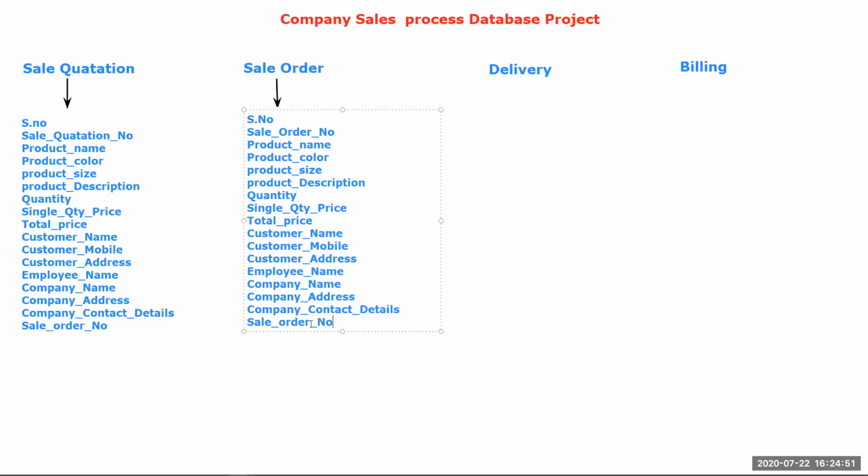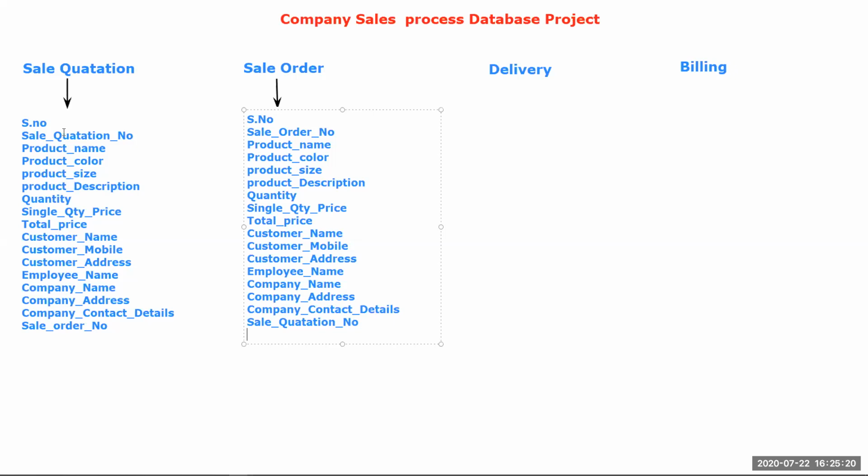Then here I'm going to change the sale order number into quotation number. The reason is, now you can connect from sale order to quotation and quotation to sale order. That's why I'm giving both columns in both tables.